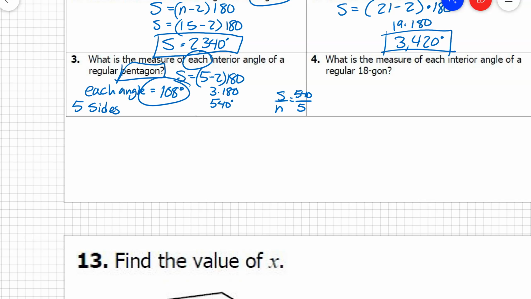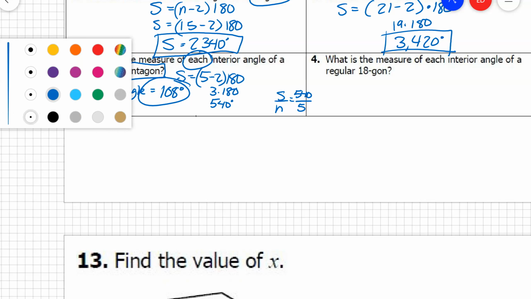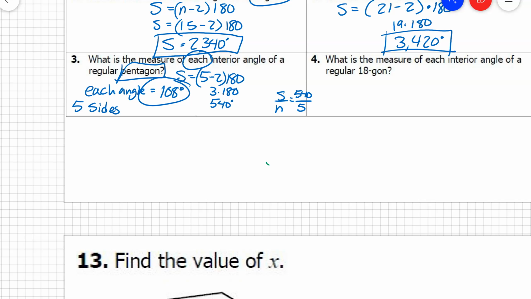Alright, so what is the measure of each interior angle of a regular 18-agon? So again, we need to go ahead and set up our equation. I'm going to change color here to green. Okay, and so we have the sum equals 18 minus 2 times 180. So that's going to end up being 16 times 180, which is 2,880, but because it's asking for each, that's the key word, of an 18-agon, we want for one of those